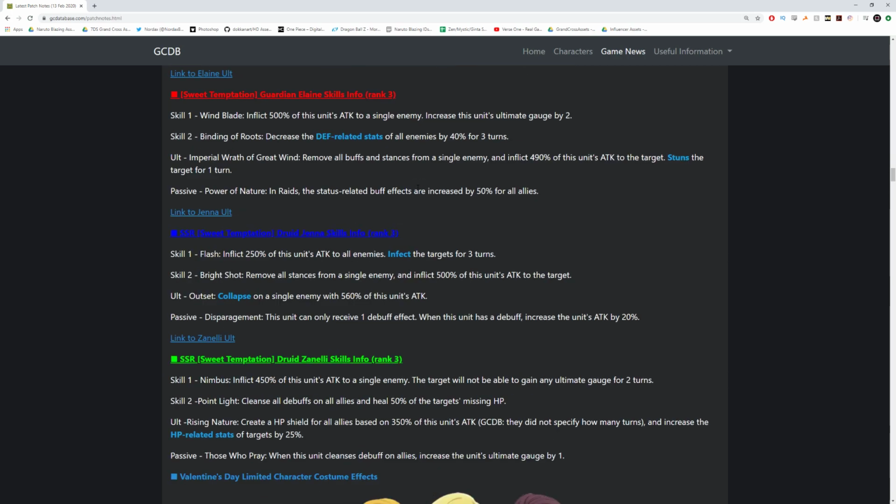Here are the 3 units. So let's start off with Elaine. Elaine is supposed to be really good in Hell Crimson. Start off with their passive. In raids, the status-related buff effects are increased by 50% for all allies, which is really, really big because Arthur